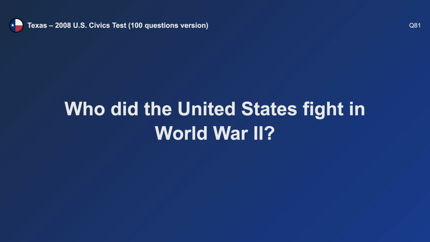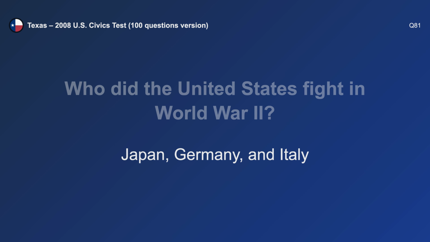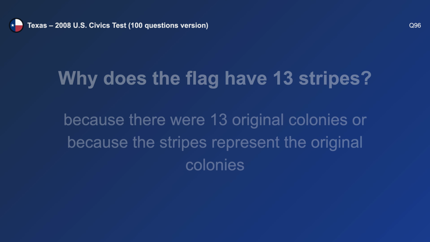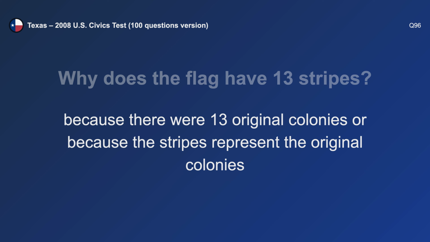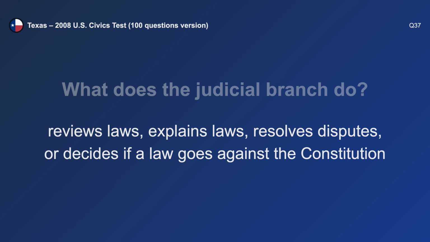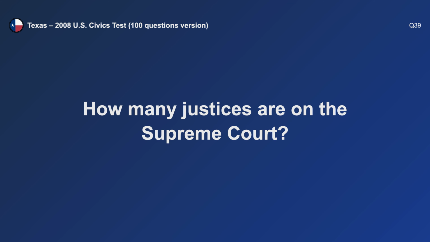Who did the United States fight in World War II? Japan, Germany, and Italy. Why does the flag have 13 stripes? Because there were 13 original colonies. What does the judicial branch do? Reviews laws. How many justices are on the